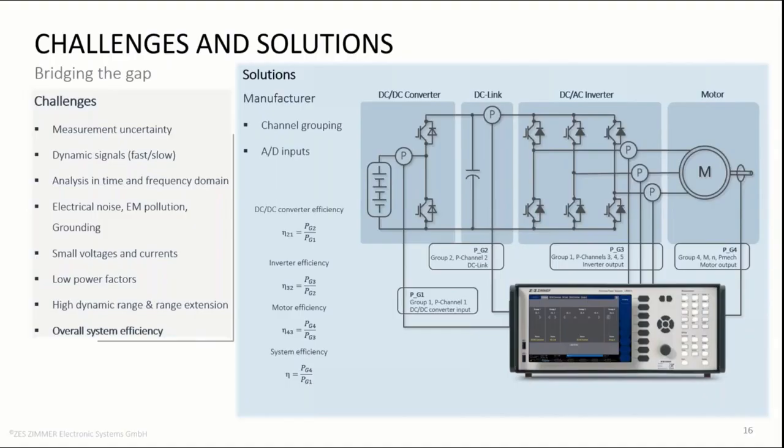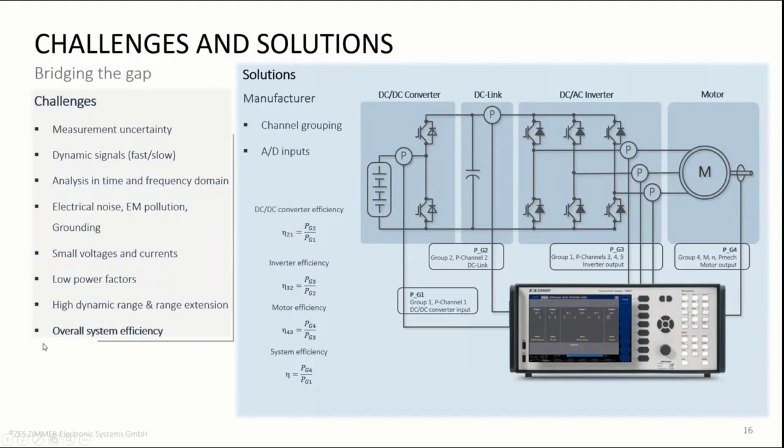Now the inverter losses can be derived by simply subtracting the collective power of group 3 that represents the inverter output from the power of group 2 that represents the input to the inverter, or the output of the DC converter. And that symbol, of course, is also the efficiency. Instead of subtracting, we are dividing